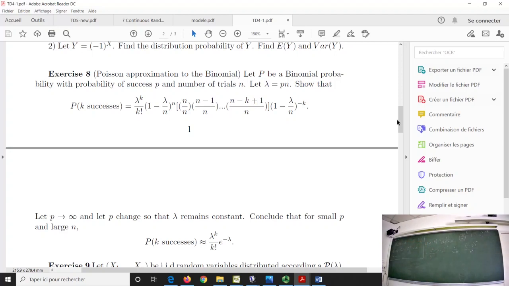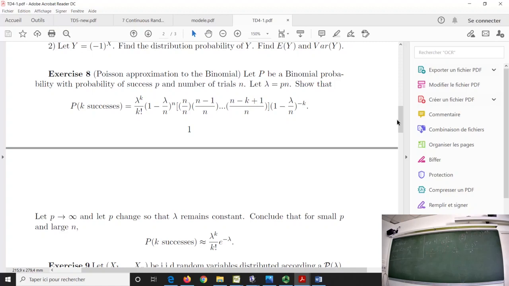So the idea is not to try to do everything at the same time. Just see, okay, in the statement I am happy because I have the answer. I have exactly what I have to prove. The question is not just to prove the second step. I have an intermediate question here.